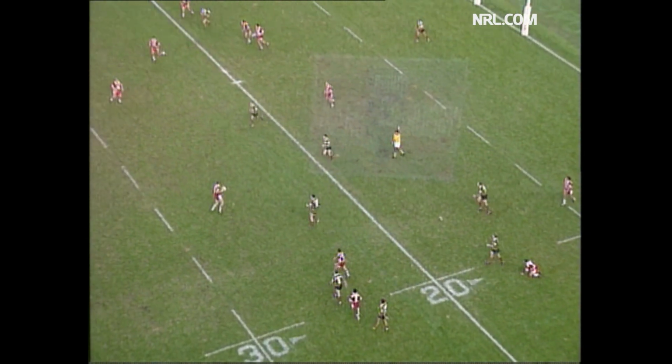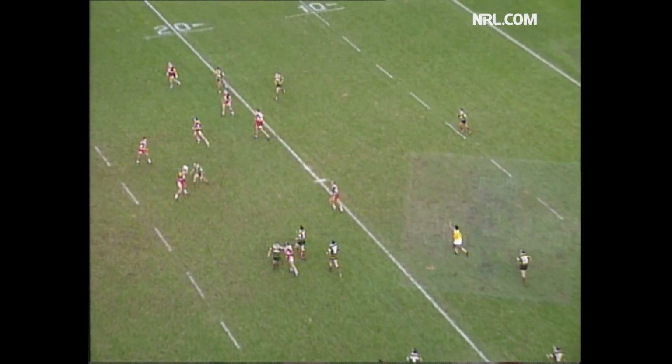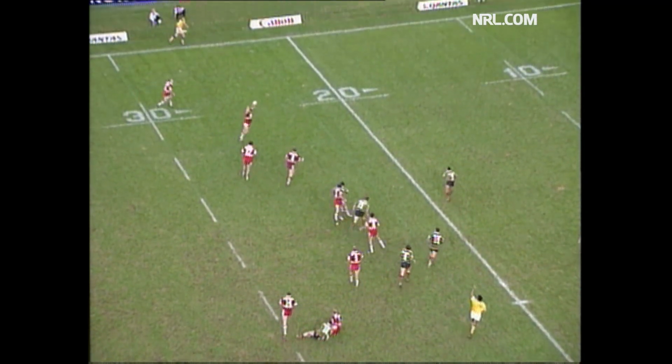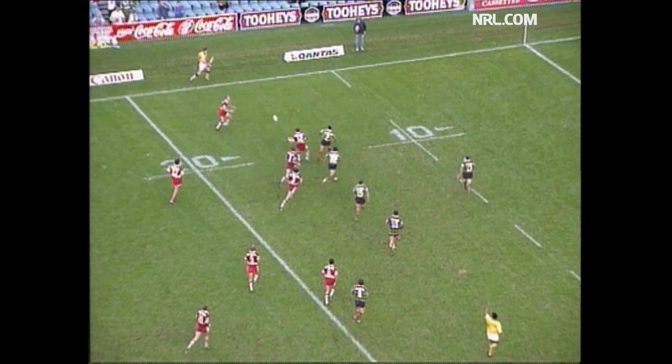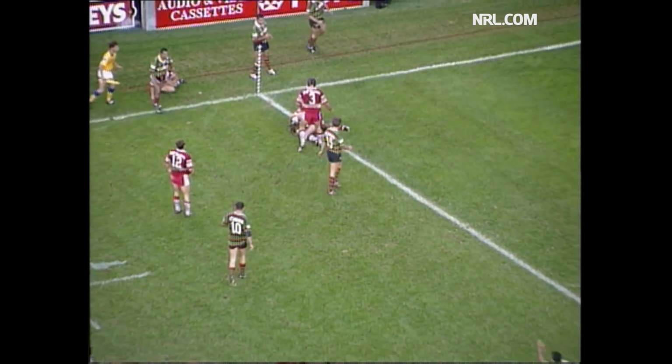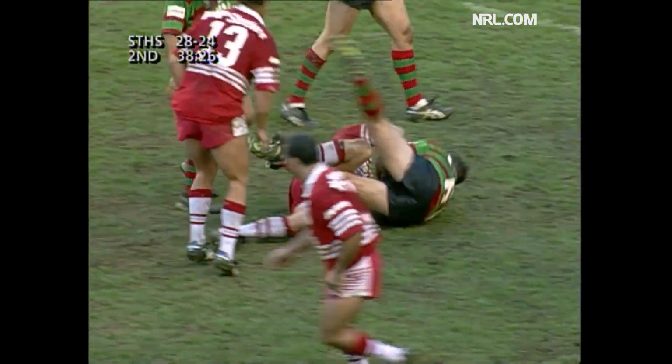Was that pass forward? And there's another one coming up. This one from Barrett, I'd say. There's the forward pass. Here it is. That is forward. And South Sydney live to fight another day. Well, the Rabbitohs survive. Howlett juggled that ball. It came...